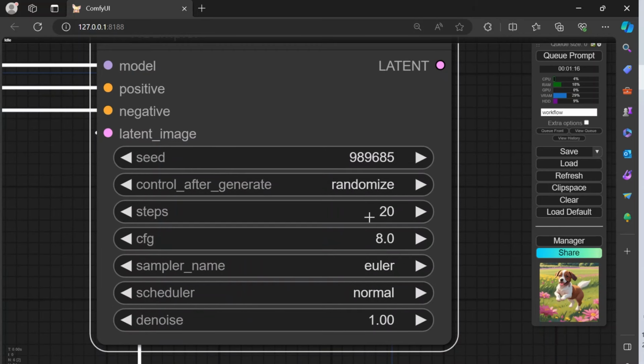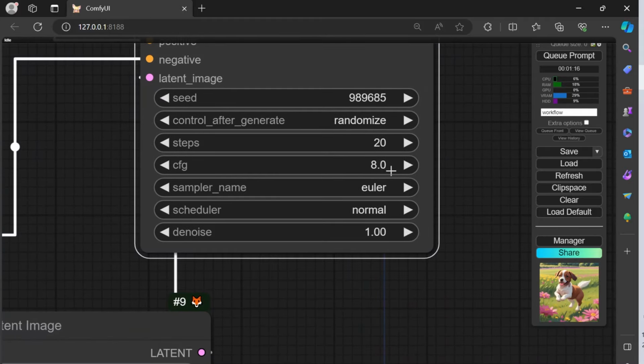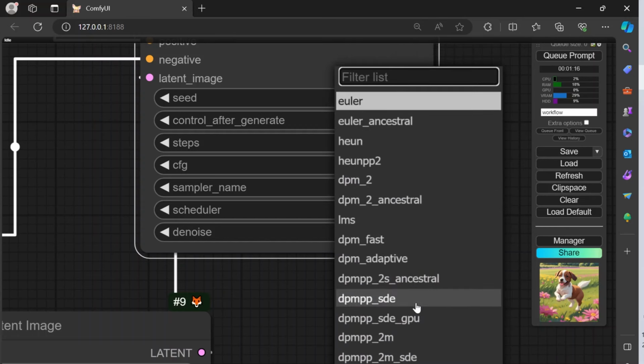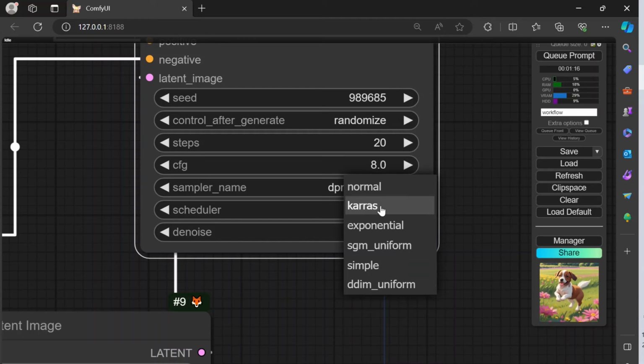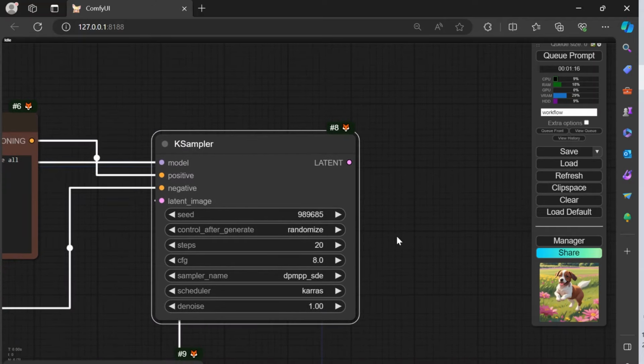If you want to keep it randomized, steps would be how many steps it takes to generate. CFG, we'll keep it 8. Let's change the sampler name to this one. And let's change this to Karras, and we'll keep the denoise at 1. All right, so everything's connected so far. Then you push this out